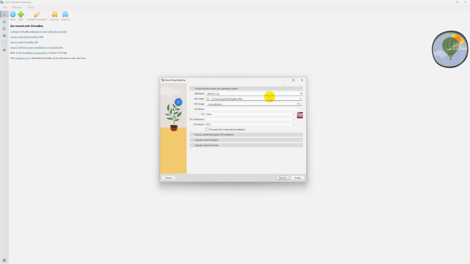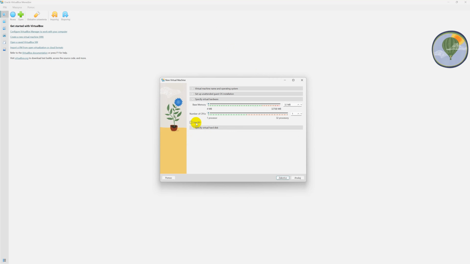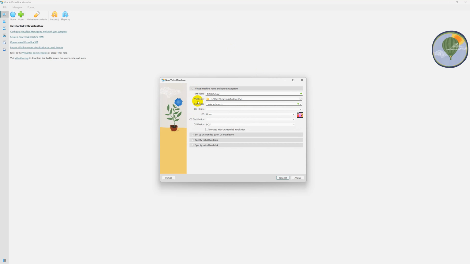6.22 this is the last official release for this operating system. And if I click here, the OS version will be automatically assigned for this name. So I don't change anything else here. I just use the default parameters here. Name, MS-DOS. It will be the local folder for my virtual machine. I don't use ISO image. ISO image is